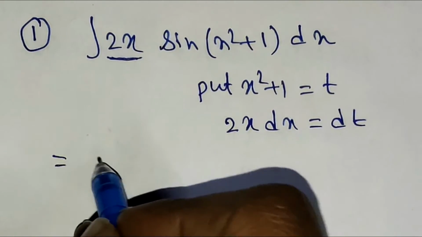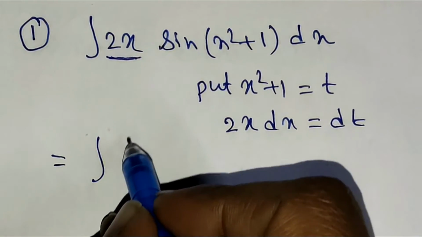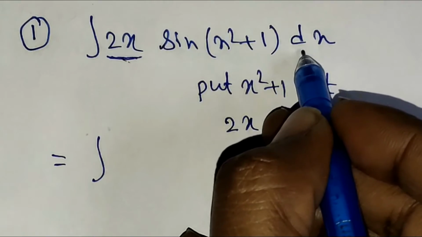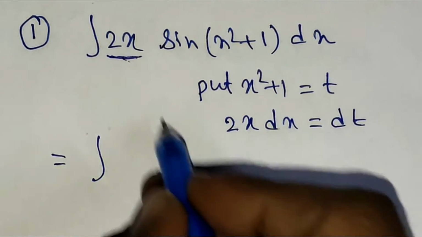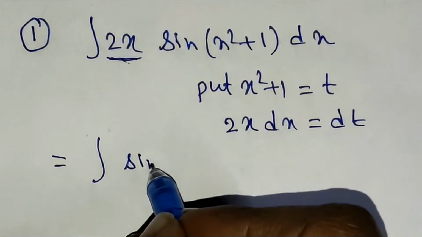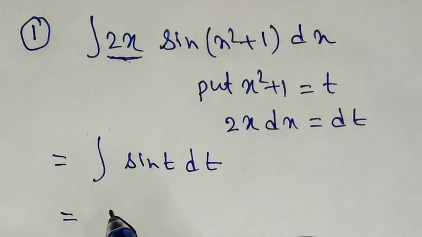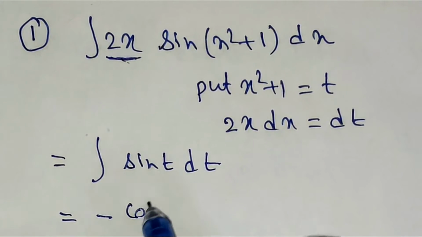So we can write it in the form of the variable t, that is, 2x dx gives us dt, and sin(x² + 1) gives us sin t. So sin t dt. Now integration of sin t dt gives us the result minus cos t